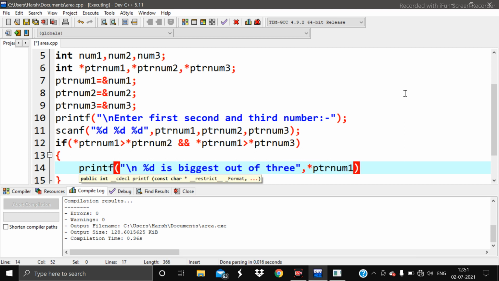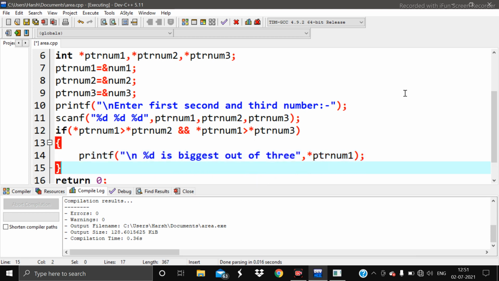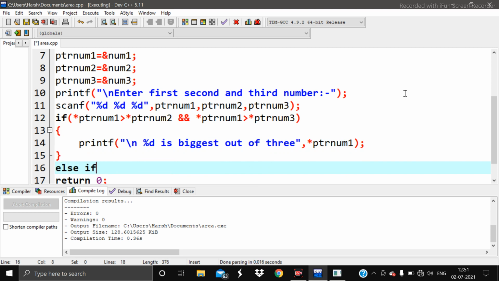So here pointer ptr num1. Then nested if else condition, else if ptr num2, since the condition of num1 was already checked. Now it comes to the second one, that is ptr num2 is greater than ptr num3.